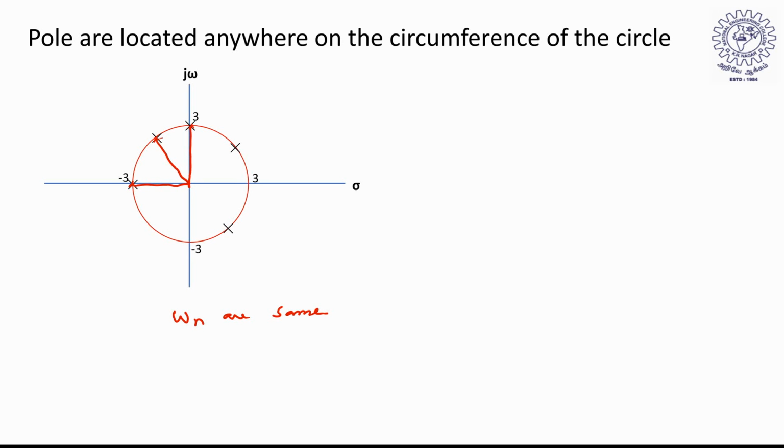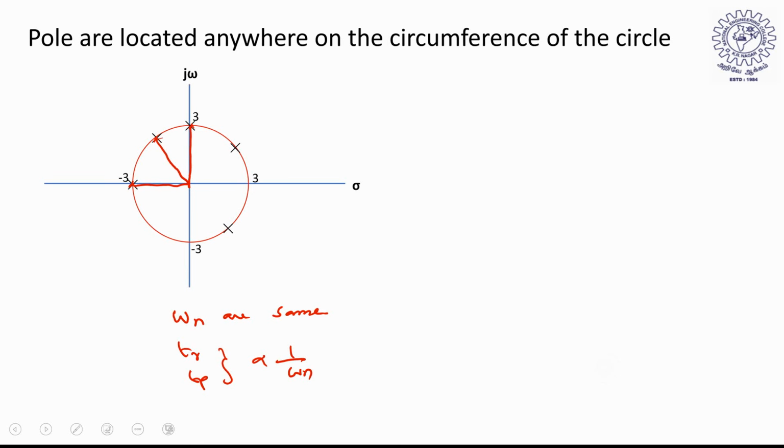Okay, so obviously your rise time as well as your peak time are inversely proportional to omega n. So which indicates that omega n is an indicative measure of the speed of the system response. If omega n is a larger value, obviously the system will be a quick responding system.